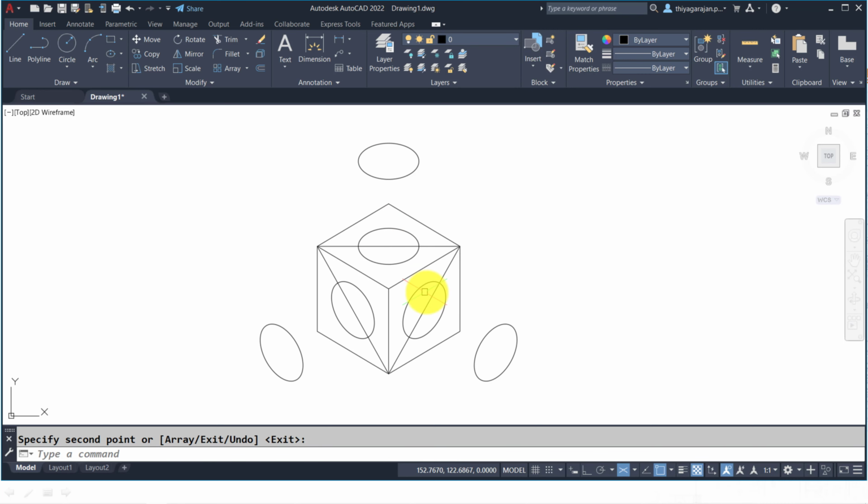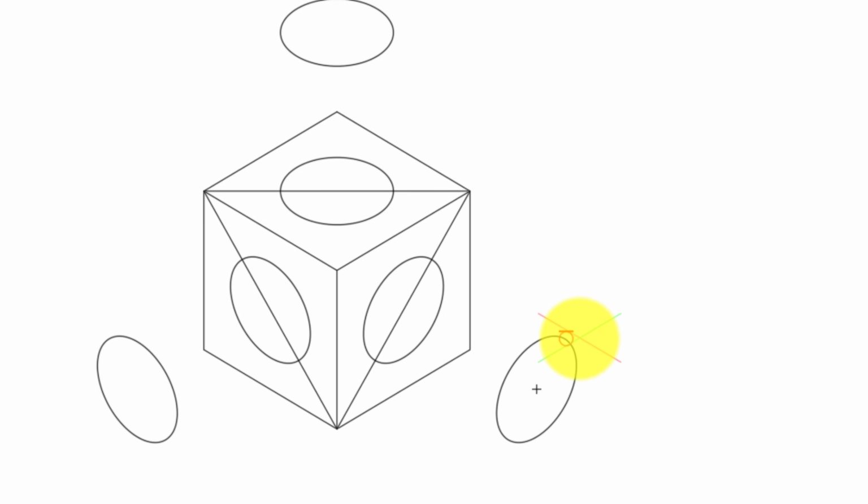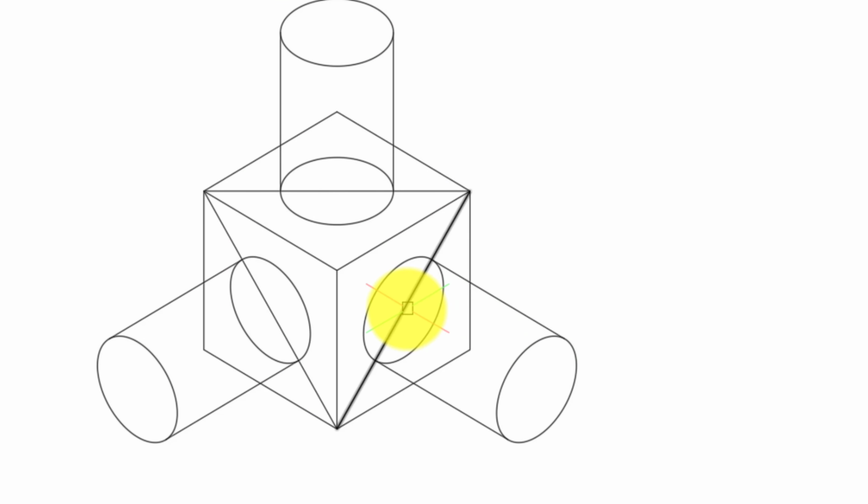Now I have to connect these two circles to show a cylinder. How can I connect? You have to use the quadrants. Okay, not tangents. You should not use tangent. You should use quadrants only. Okay, see, this is a quadrant. Quadrant to quadrant. Similarly, again line quadrant to quadrant. Similarly, now I have connected. So let me remove these reference lines.